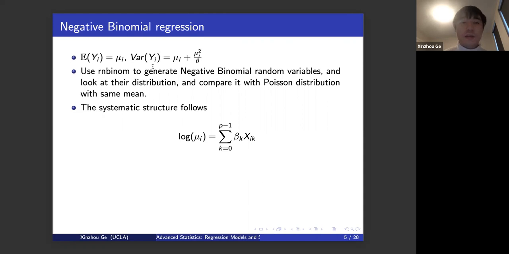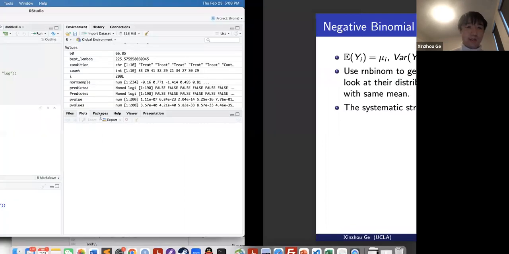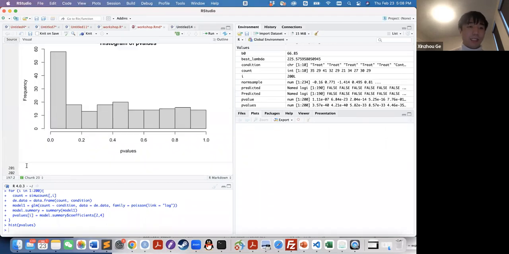Okay, if you are not so familiar with the negative binomial distribution, we can just generate some random variables to see what this distribution looks like. So I just add this part here. I would like to use this function rnbinom, which means random values from negative binomial distribution, to generate negative binomial random variables. And I will show what the distribution looks like, and I will compare it with Poisson distribution with the same mean. So let's come back to the R, and I will just give you a brief idea of what negative binomial distribution looks like and how it compares with